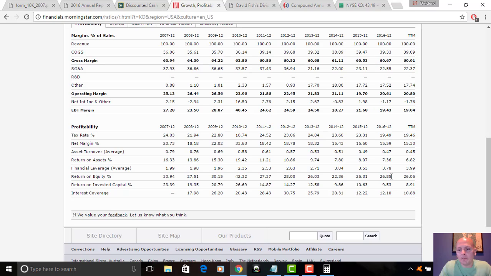Return on equity is basically just profit on shareholder net worth, on equity, which is a metric that has long been considered a key profitability number. I don't really place a lot of importance on ROE. I think margin is far more important because it tells me, in terms of profit, how much money is dropping down to the bottom line from revenue. After cost of goods sold, after everything's all said and done, what are you left with from your revenue? I think that's a far more meaningful profitability metric.